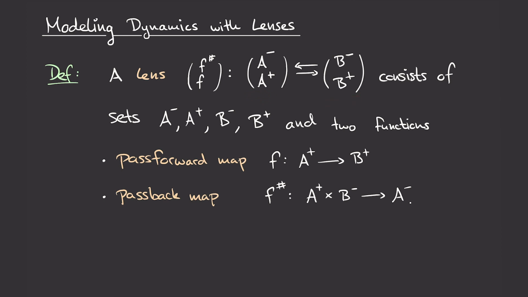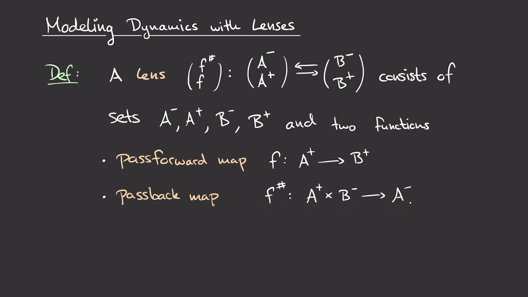So this is just notation, but a lens consists of sets A minus, A plus, B minus, and B plus, along with two functions, namely a pass-forward map, which I'm calling f, that goes from the set A plus to B plus,